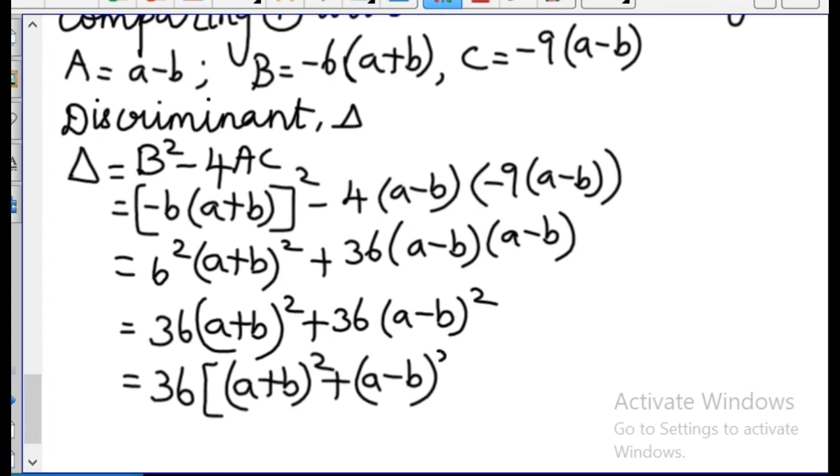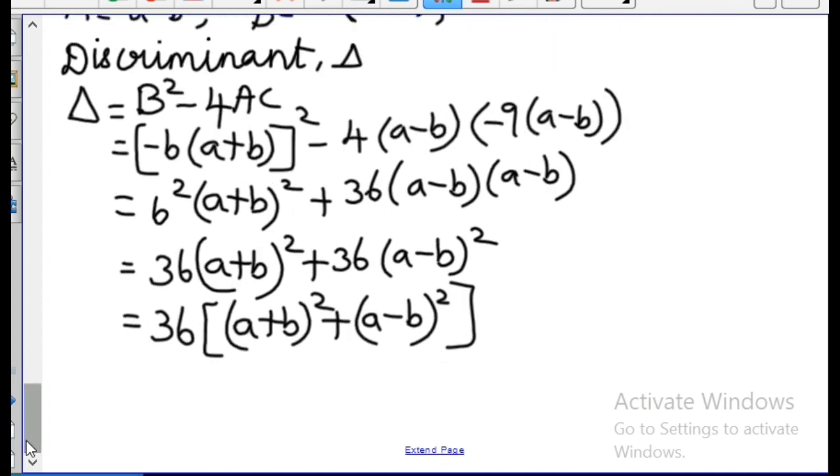In the question they are giving a, b, c, a, b are real numbers. So whether the addition or subtraction are negative, the square will be only the positive number. So this will be greater than 0. Therefore, 36 is a positive number. A plus b whole square is also a positive number. A minus b whole square, because we are squaring the term, will be positive. Adding means the answer will be positive. So all the terms inside the bracket are positive. Therefore delta is greater than 0, implies